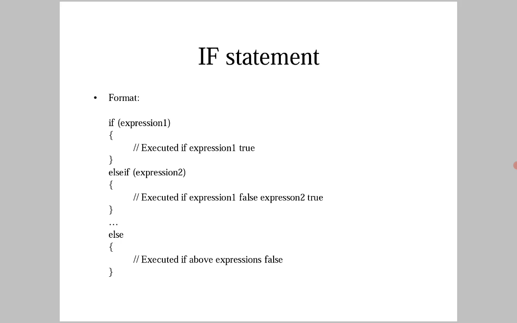It is called an if statement or block of if statements. So if the given expression is true, then statement block 1 is executed, else if the second expression is true, then statement block 2 is executed, else means